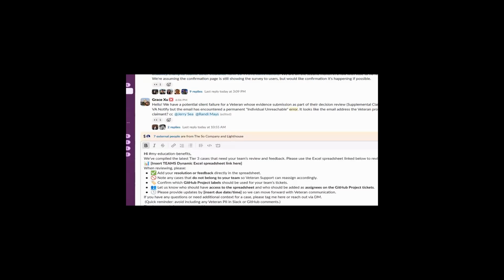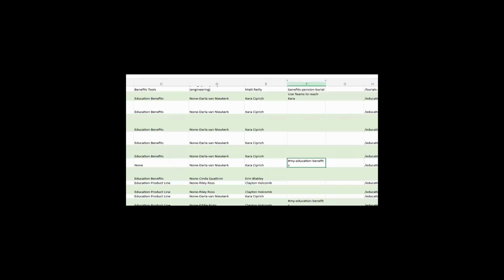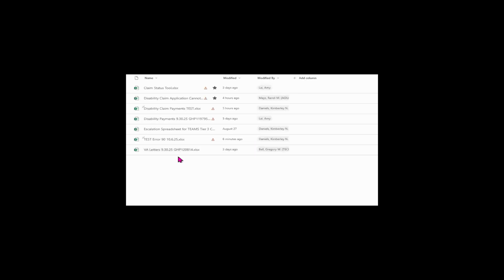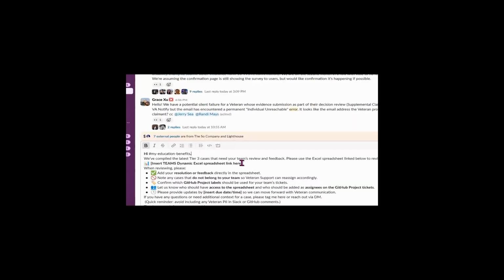And the way you get that is, when you are in the escalation channel, you would come to the three dots beside the spreadsheet that you just created or the one that you are using to send to the team. You would copy link, use that as an option. So you want to copy, you would go back to the Slack channel, and you would